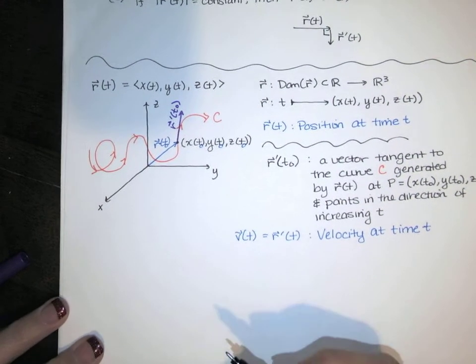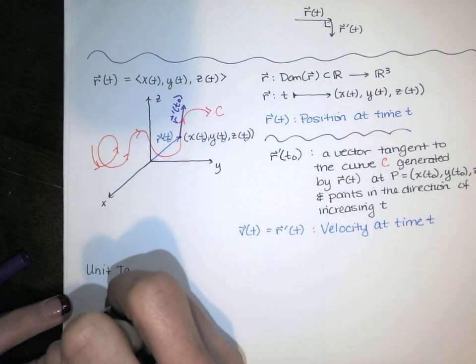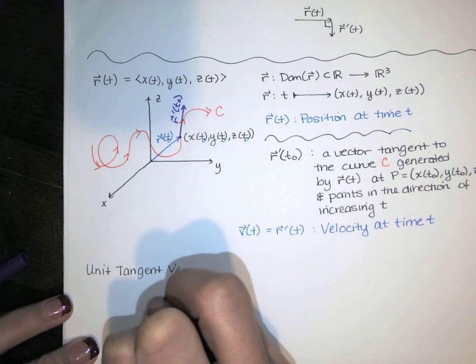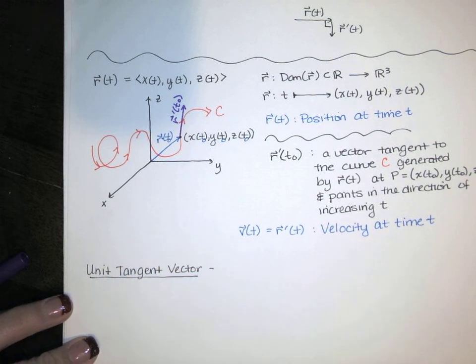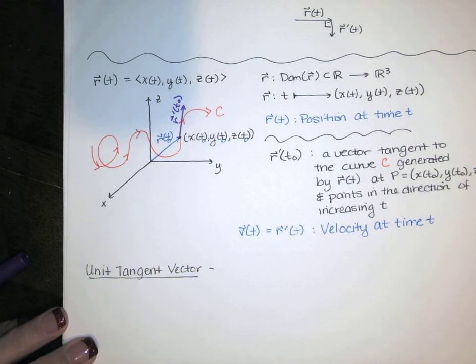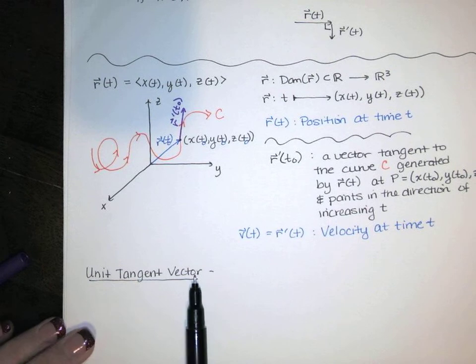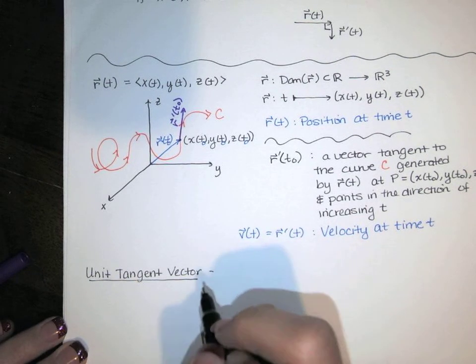Now, the unit tangent is actually very easy to define. It's a tangent vector to the curve at time t equals t naught, or at time t. It's a tangent vector to the curve, but it's 1 unit long. So we define it